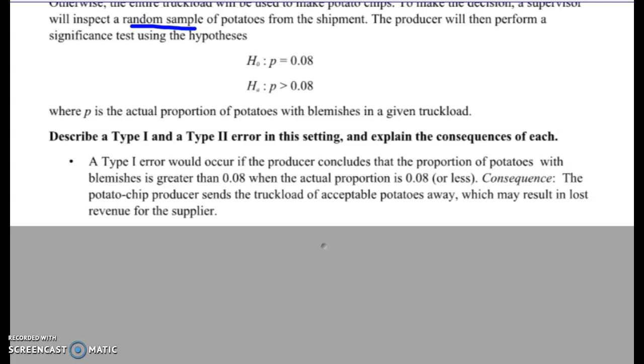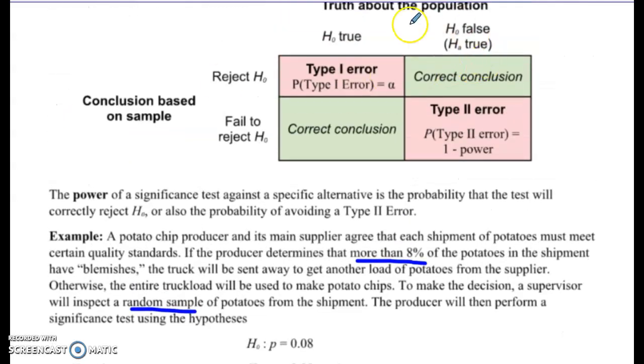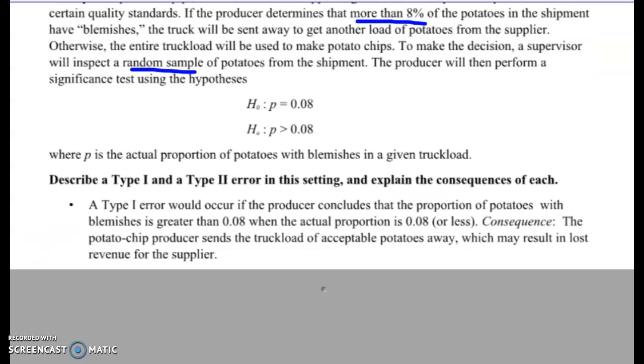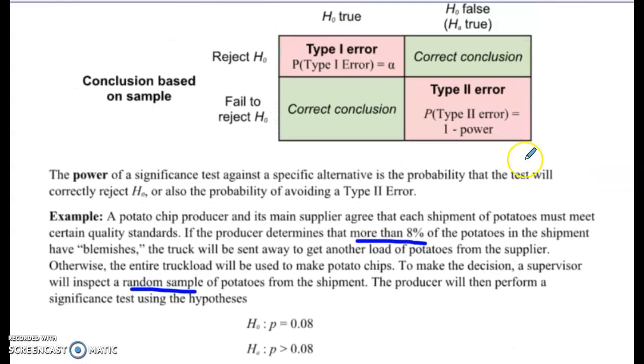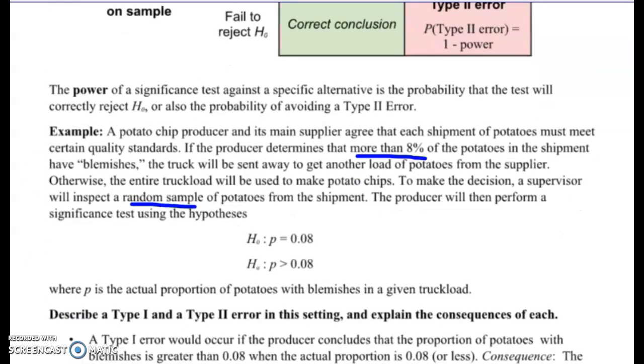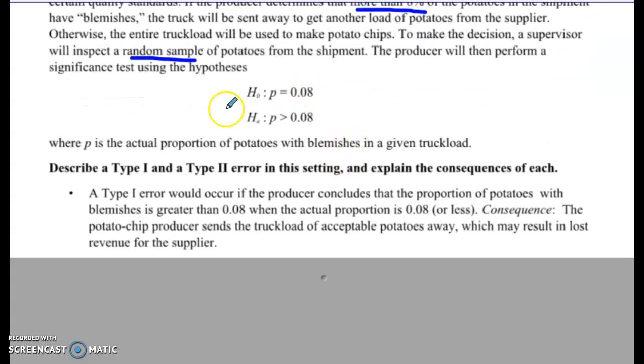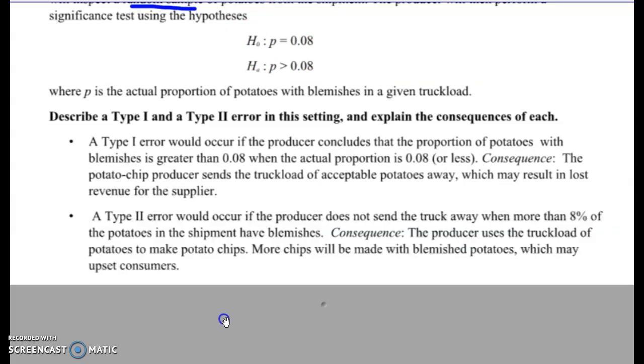A type 2 error, that's when the null was false, but we failed to reject it. So we said it was true when it was actually false. Let me make sure I'm saying this right. Type 2 error, the null is false, but we failed to reject. So meaning we should have gone with the alternative, but instead we stuck with the null. And that means, in context, that the producer didn't send the truck back because we thought there were only 8%, and there were actually more than 8% with blemishes. And that means you're making